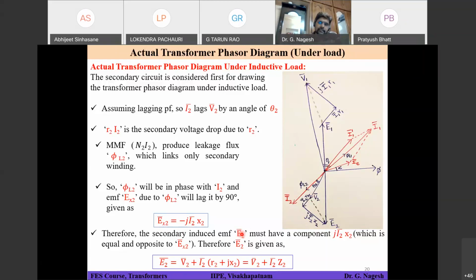Immediately after the winding terminals, you will not connect the load. The winding will be inside your transformer. From that transformer, you have to bring the wire outside and take it to the load point, maybe at least 1 or 2 meters away from the load point. So that length of the wire will have some amount of resistance, right? So that drop is considered as I2 into R2. You are understanding, na?